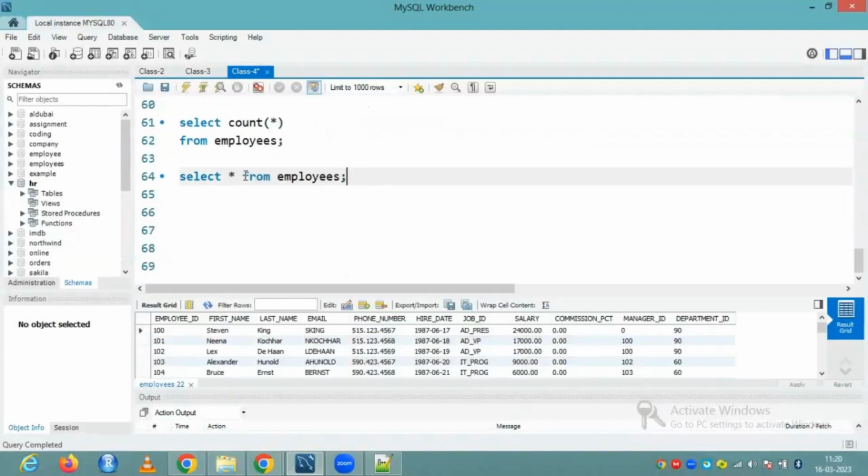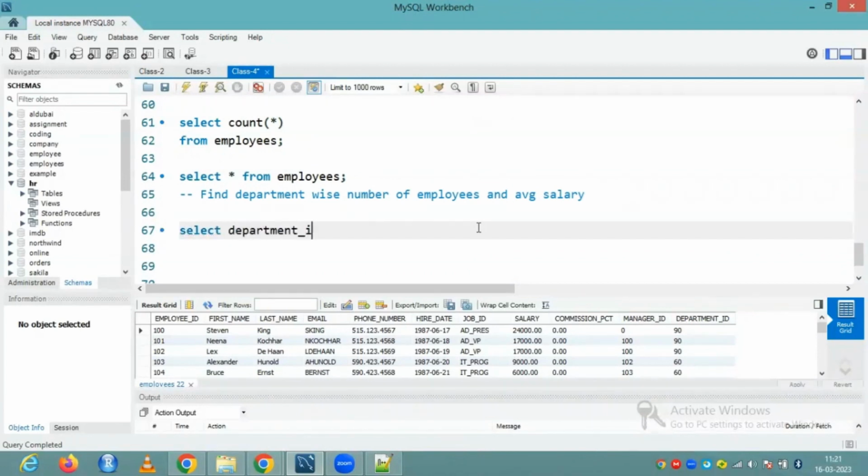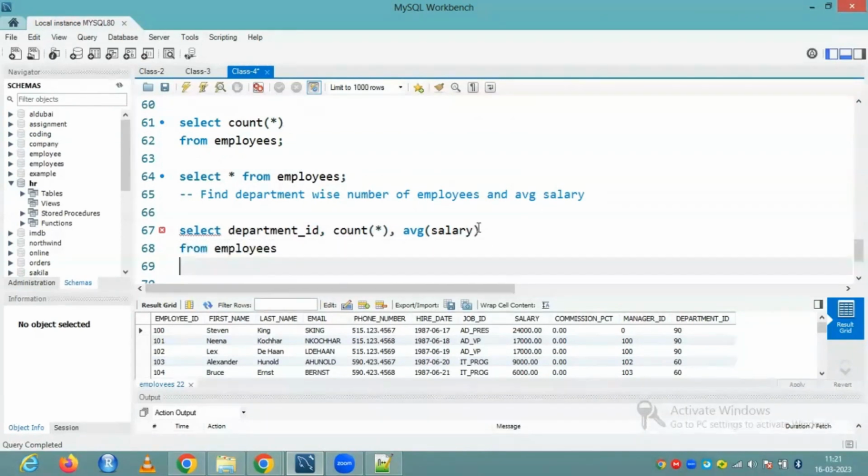and now I have to find out, let's say, department wise number of employees and average salary. So let's find department wise number of employees and average salary. So select department ID comma count star. So here I'm having two aggregation columns, number of employees and average of salary, from the table employees group by